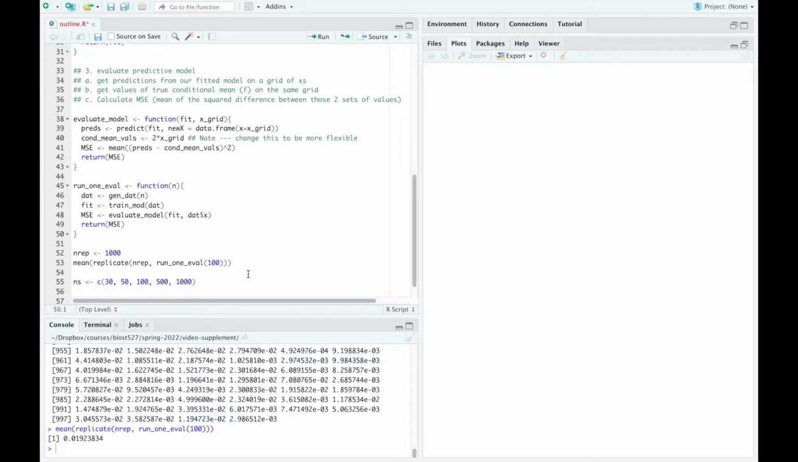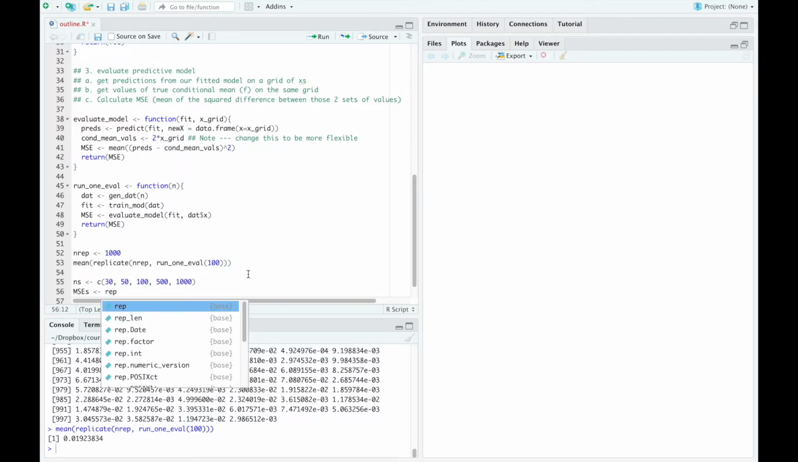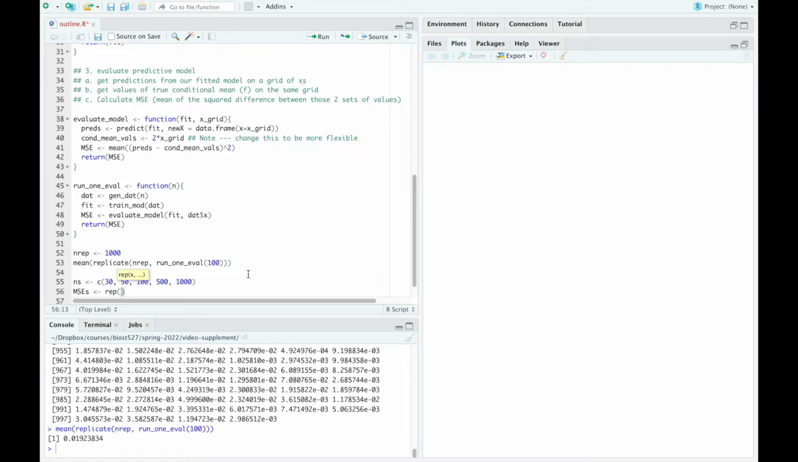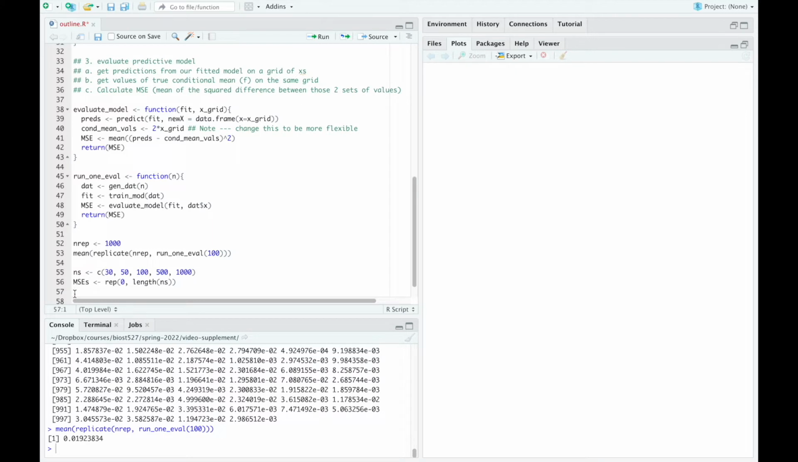And now let's run a loop and loop through and each time generate these mean squared errors. But let's make a little container to hold all the mean squared errors that we are going to calculate. So I'm going to make a vector filled with zeros, and the length should be the length of n's, because we want one MSE calculation for each of these different number of observations we're going to simulate. So now we're going to wrap all of this in a for loop. So for i in 1 to length of n's,